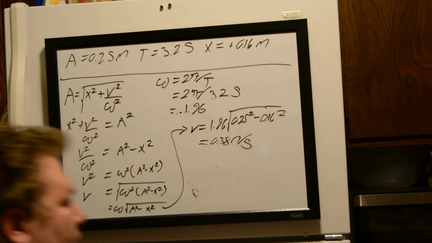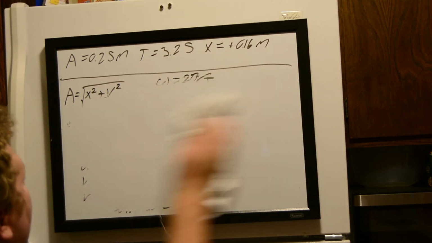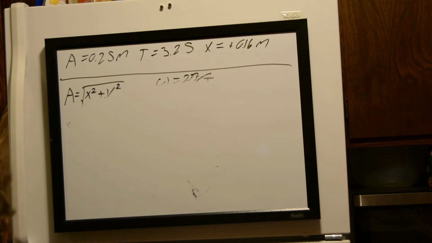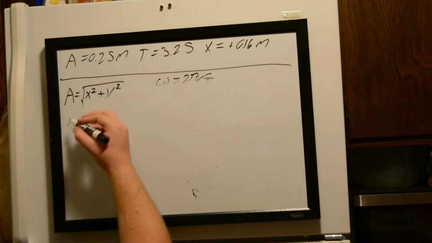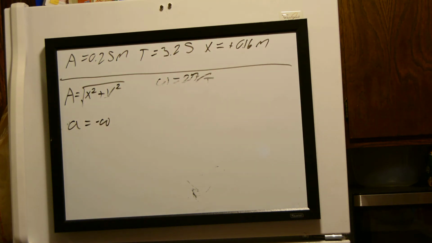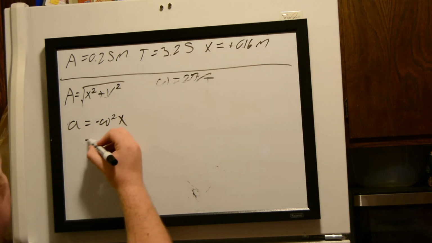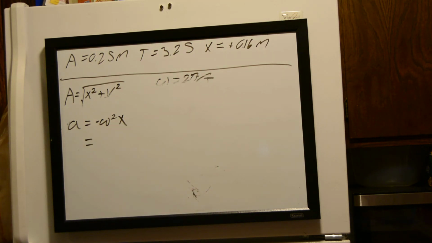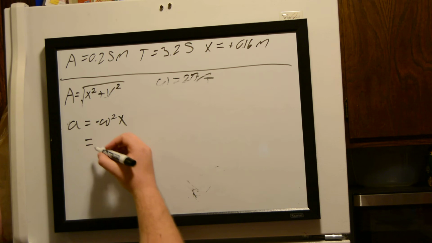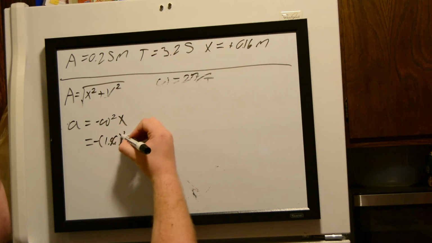And then for our acceleration, we're given an equation in the book. Acceleration is equal to negative angular velocity squared times the position. So once again, we're given all that. That's going to be negative 1.96 squared